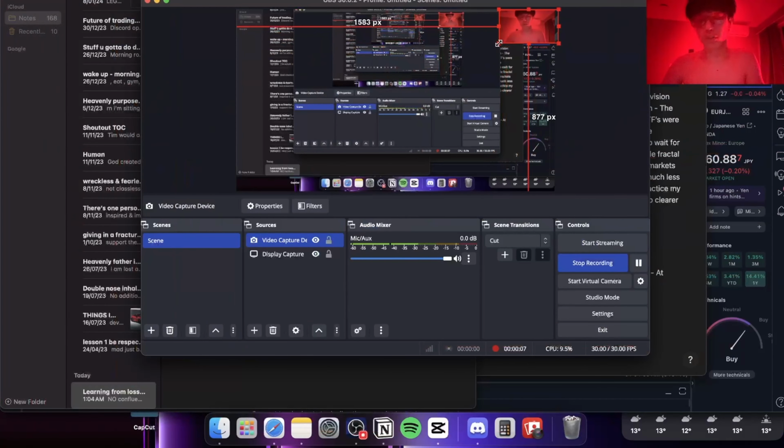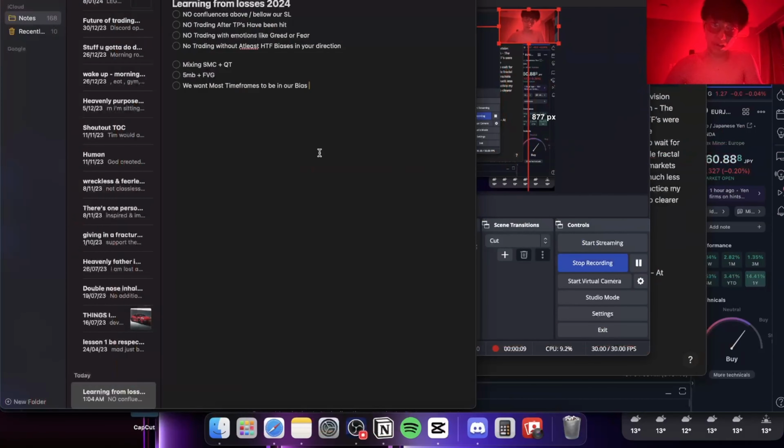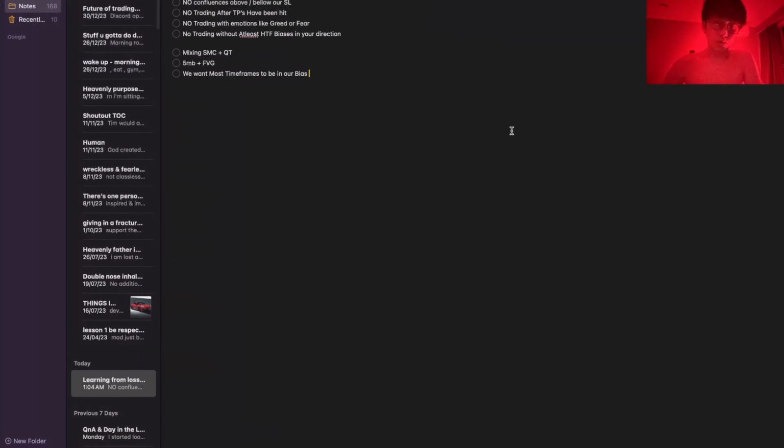Today is part 1 of the series of turning my losses into lessons. So for future trades I have to follow all of these lessons learned from my losses. I cannot trade with confidences below my stop loss. I cannot trade after take profits have been hit. I should not be trading with emotions like fear or greed, and I should not be trading without at least